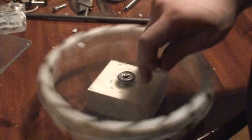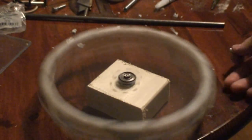All right, one more thing here real quick. One thing that I've noticed, I forget that those spikes are on the bottom. If I have no fingers for the next demonstration, you'll know why. One thing that I've noticed is that